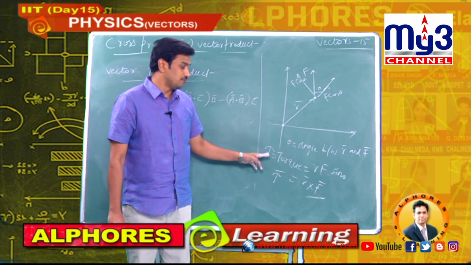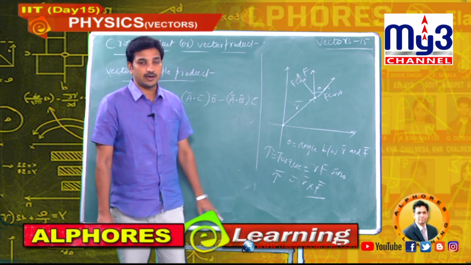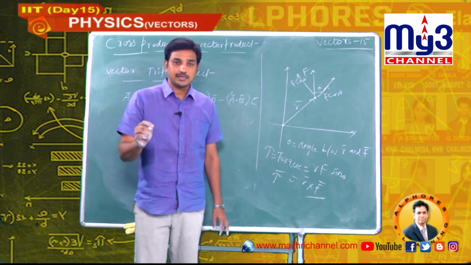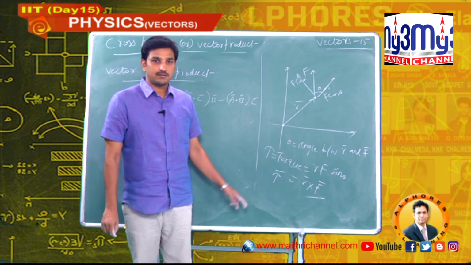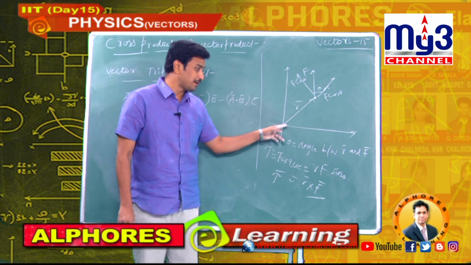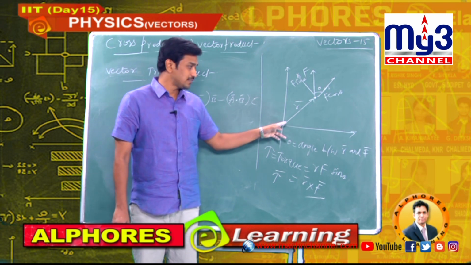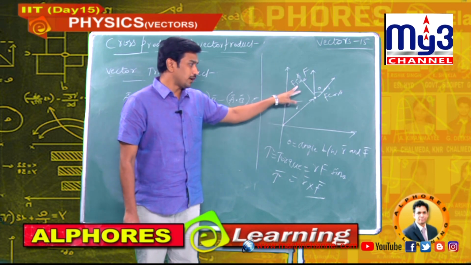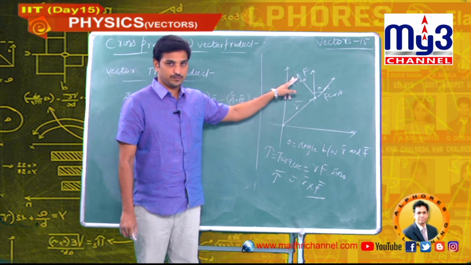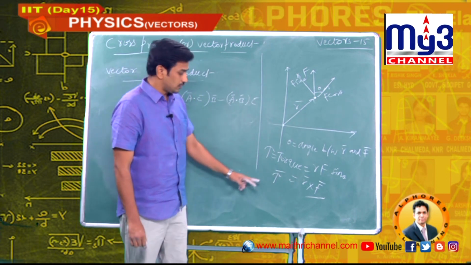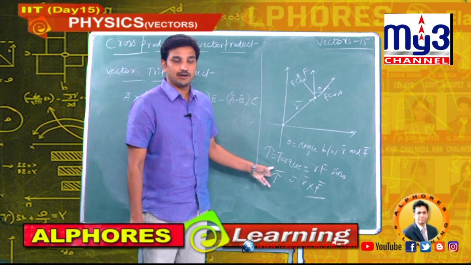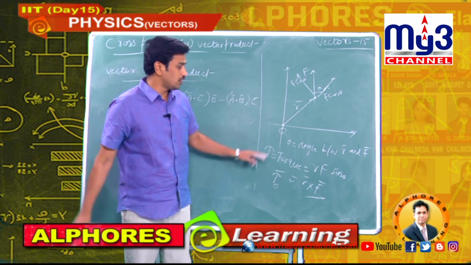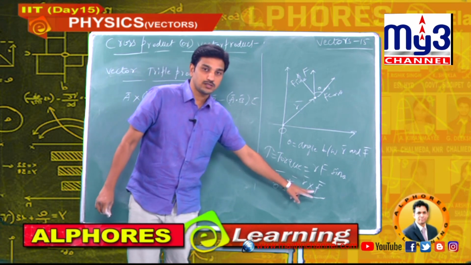Now here we will calculate torque in rotational mechanics by using the cross product. The definition itself: when a particle has a force, but this particle has a fixed distance from a reference, from this reference it has a fixed distance and force. The rotational effect is because of the product of perpendicular distance and force. Now the answer is R bar cross F bar. Rotational effect we always calculate with respect to a reference. Now the reference for me is the origin, O. Torque about the origin is R bar cross F bar.